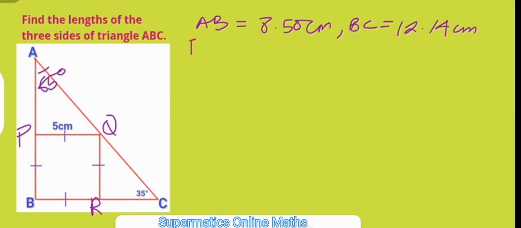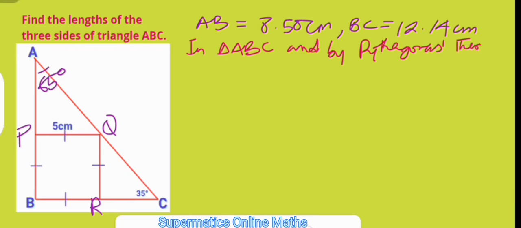Therefore, in triangle ABC, and by the Pythagoras Theorem, we have that the square of AC, which is the hypotenuse side, will be equal to the square of AB, the side AB, and plus the square of the side BC,